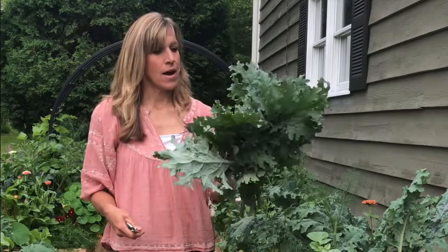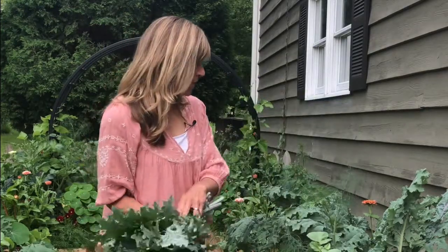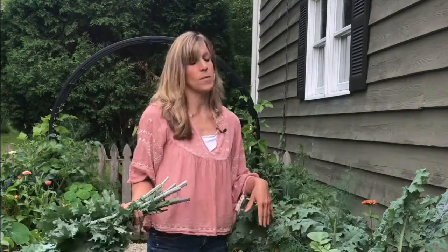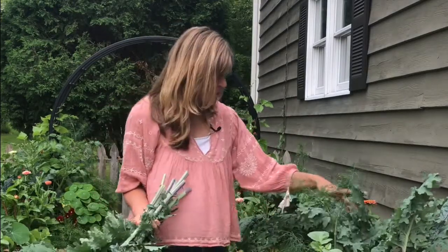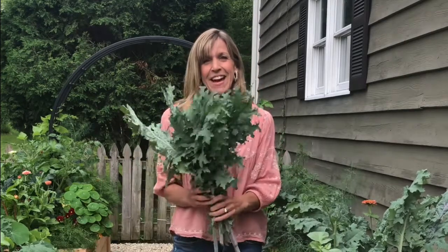So I can use this up pretty quickly, and now I've just made a little bit more breathing room and space in my garden for the other things that need sunlight. In fact, I think there's room for some more plants in here. What do you guys think? All right, that is my tip for